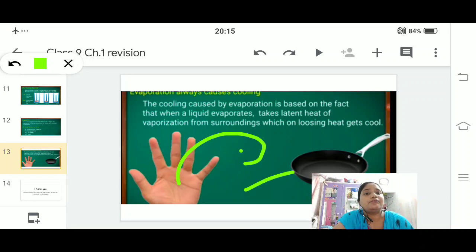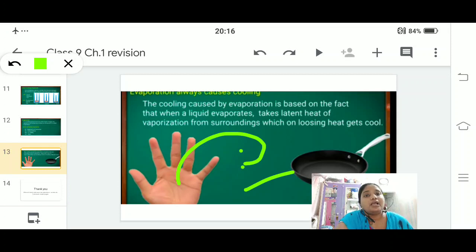Taking an example of a pan also. Take a pan and heat it. After some time, switch it off. Now you know the pan is very hot. If you sprinkle some water on it, what happens? You can see the water droplets, and they suddenly dry off. It means the surrounding heat has been absorbed by the water molecules you put there. Simultaneously, your pan starts cooling. So this is evaporation, which causes cooling. Still you are clear?